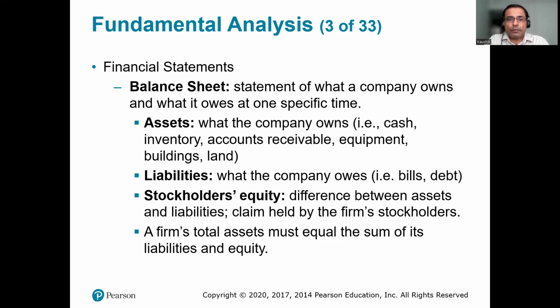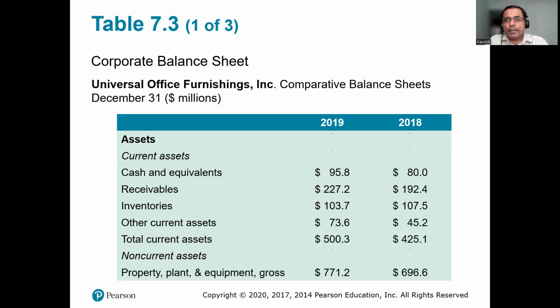So what are the financial statements that we use? The first one is balance sheet. Balance sheet has assets, which are items that the company owns, and liabilities, which are the items that the company owes. That means the company has an obligation to pay off in future. And stockholders' equity is the difference between assets and liabilities. And this is the claim held by the firm's shareholders. And assets equal the sum of liabilities and equity. And so this is a typical